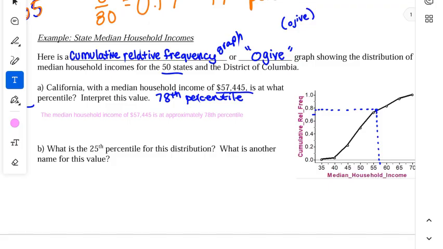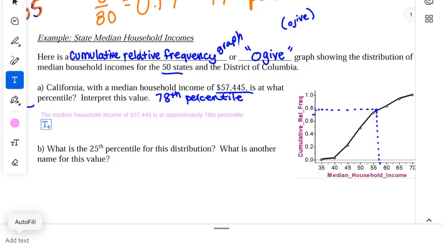So it has a higher. Let's see. There we go. It is at approximately 78th percentile, which means the household income in